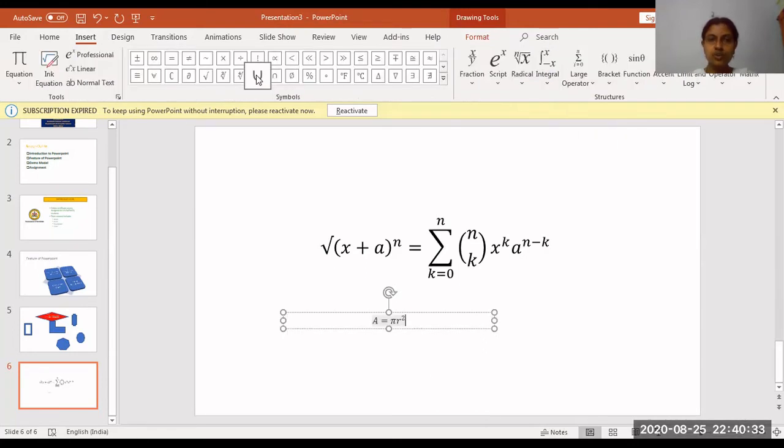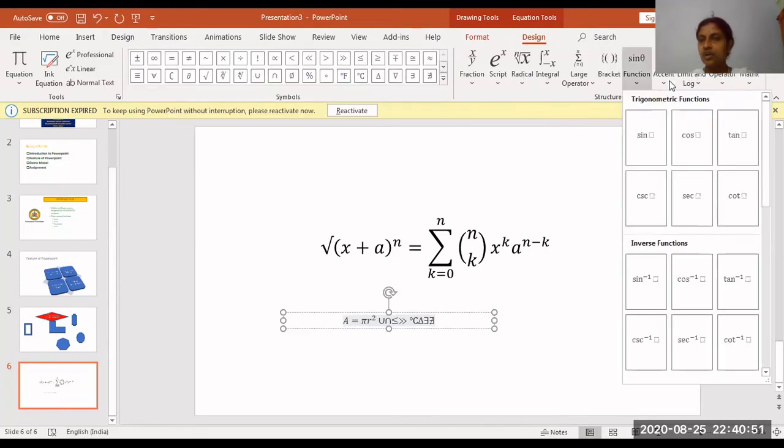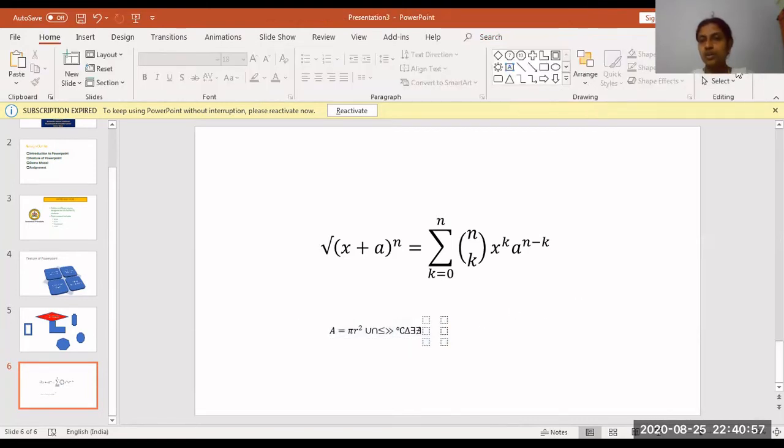In equations, you will find union, intersection, greater than, less than, Fahrenheit, delta, summation, there exists, whatever formulas you want, you will find it. Apart from that, fractions are there, e to the power of, radicals, larger brackets, sine, cos values, limits. If you want to write in a matrix format, you can include it.